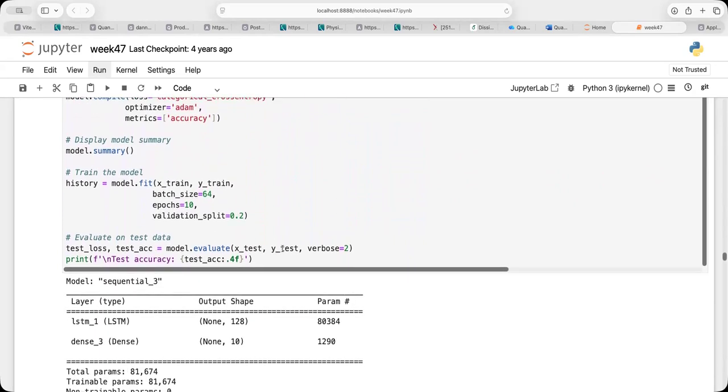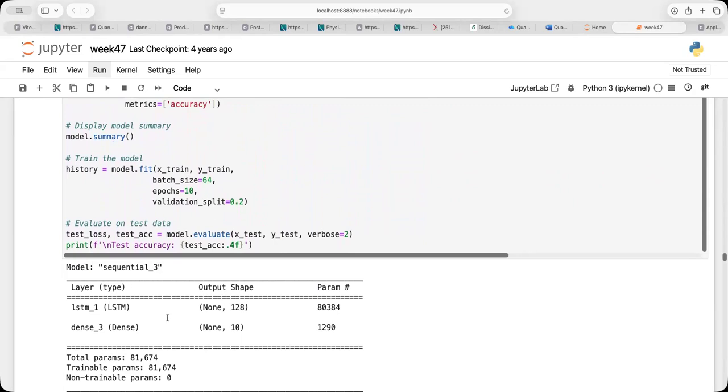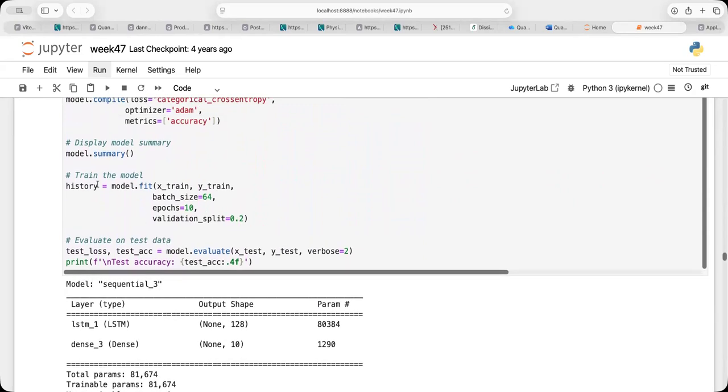The thing which is nice here is that you can see the number of parameters. I always like this option here, model summary. And then I do the training of the model. You specify the batch sizes and the number of epochs. I took fewer epochs here, simply because I wanted to finish in time, because it takes time to run such a simulation.